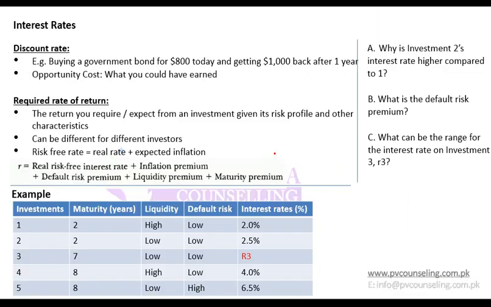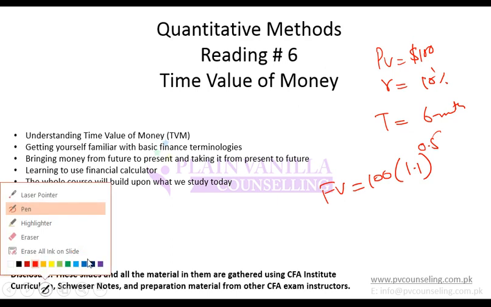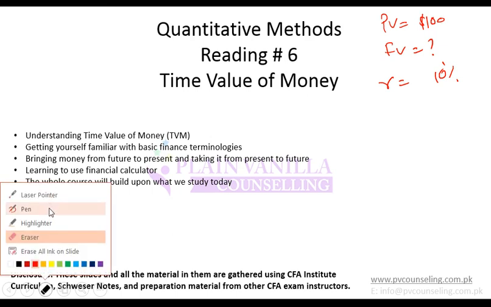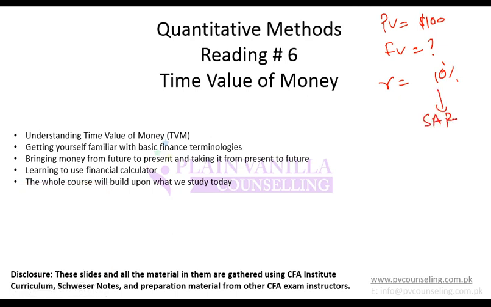Make sure that you get the calculator as soon as possible if you do not have it, so that it is easier. So far we did a very basic example in which we had $100 and we were calculating future value. Rate was 10%. This 10% is known as the stated annual rate, and time was 1 year. Now this is the stated annual rate, and we assume that compounding is annual. What does it mean? We assume that after every year you get a 10% return and it will continue for whatever period of time it is, let's say for 5 years or 2 years.